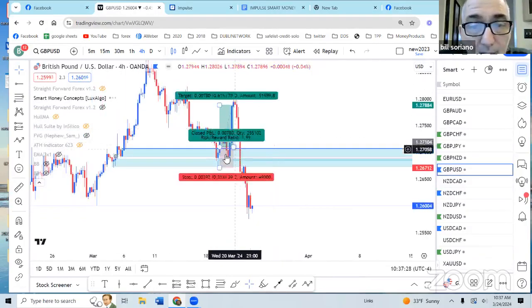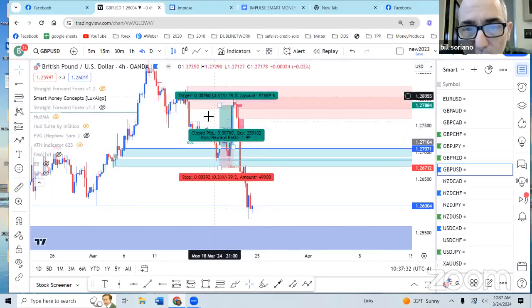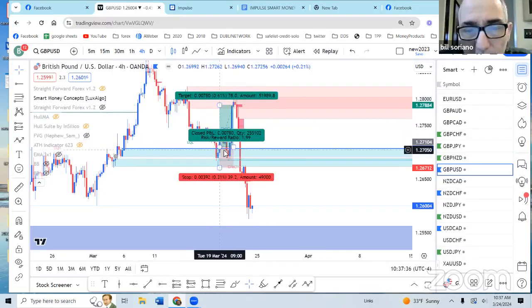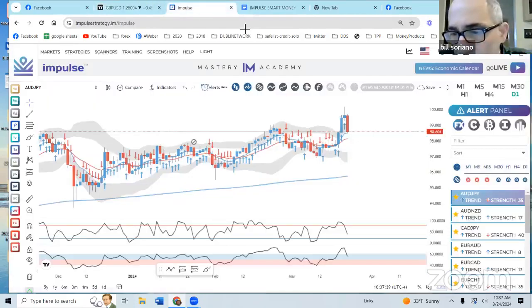Okay, GBP USD. This was one where we had a winning trade, and then price has now gone the other way. This was one of our winning trades from last week. That's why I still have the trading tool there. Now, when we look at the impulse scanner,